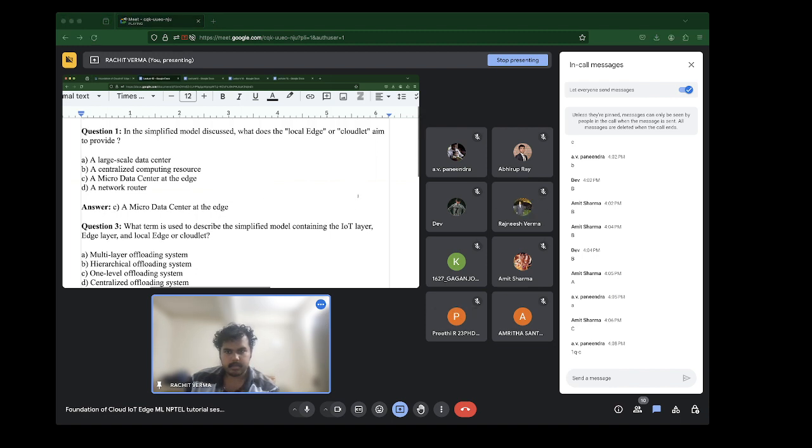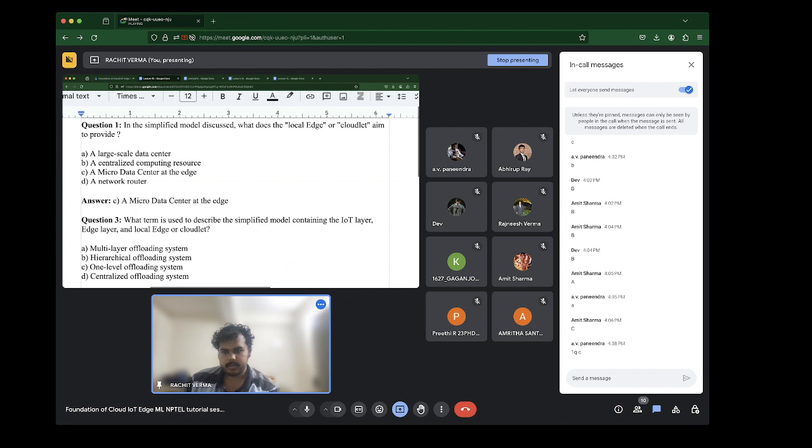Okay. Hierarchical, simplified model, right? So remember there was a one level, very simplified model. So the answer to this question is the one level offloading system.